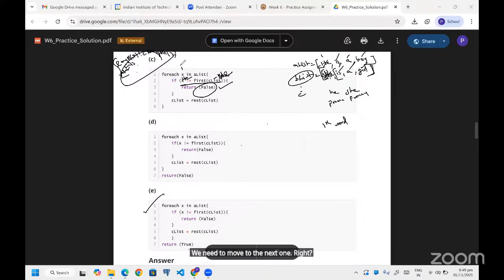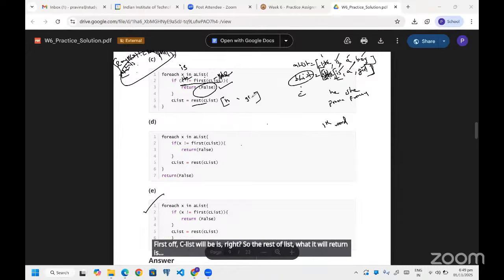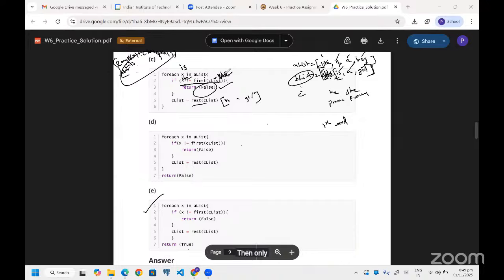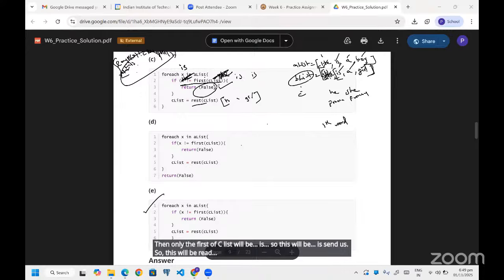So remaining next, this will be is. And this list should have the remaining element, so that first of C list will be is, right? So the rest of list, what it will return is "is a girl". Then only the first of C list will be is. So this will be is and is. So this will be true, so it won't return false. So again, it will go to the next one.